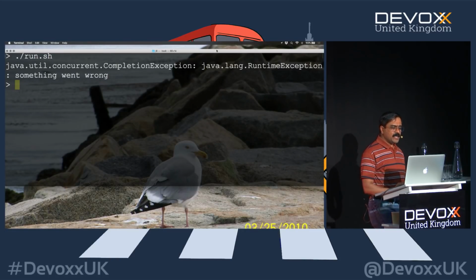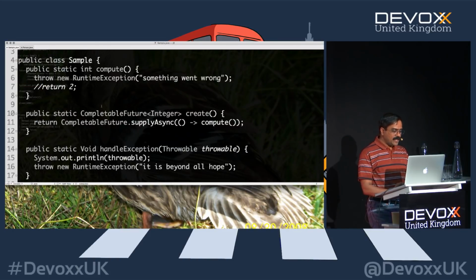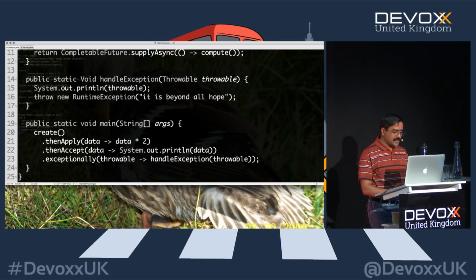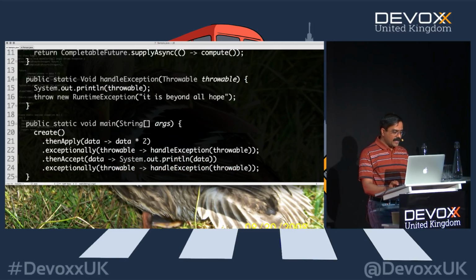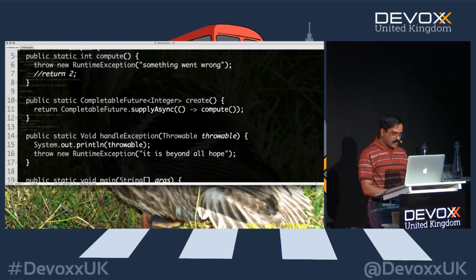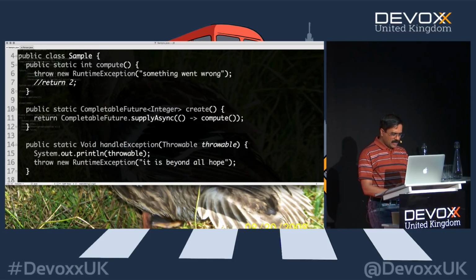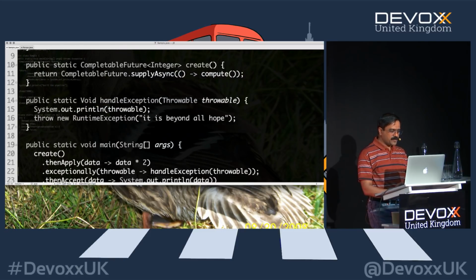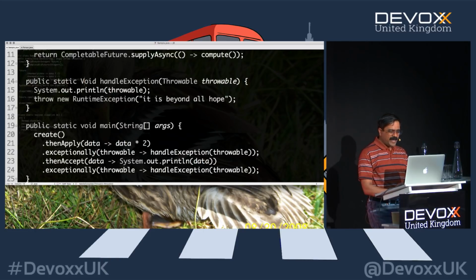Notice it says completable future exception, runtime exception, something went wrong. Well, actually, in this case, because this is an exception we're going to handle, let's put that right here as well. Well, in this case, it's a little bit of a pickle here, because what is this returning in the exceptionally block? Let me see where the exceptionally is. Handle exception. This wants to return a void.